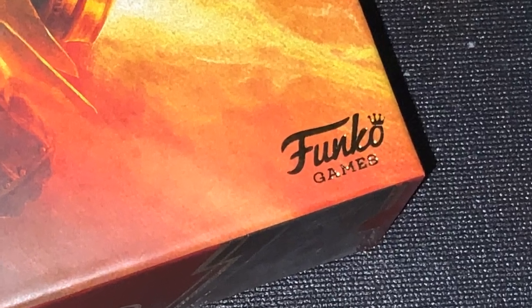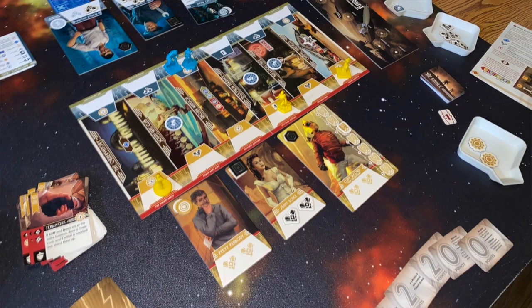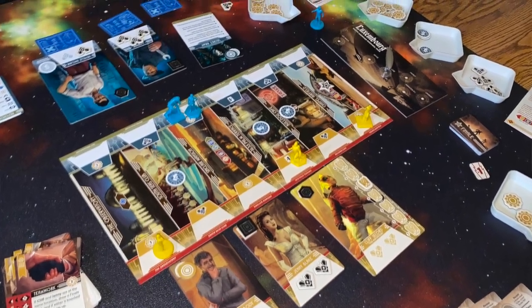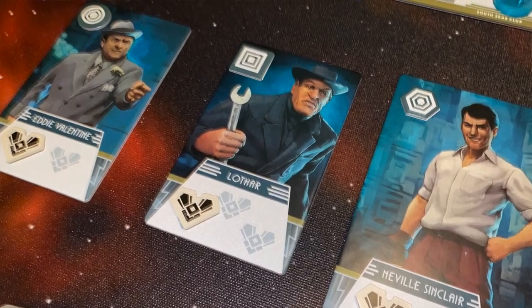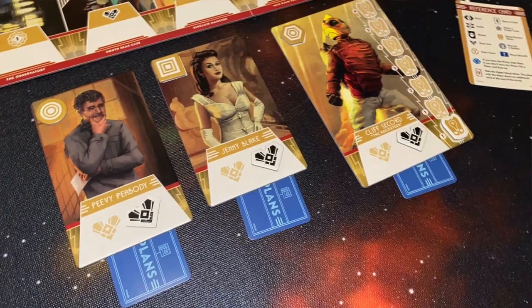In the Rocketeer, Fate of the Future from Funko Games, two players take on the roles of either the heroes or the villains as they fight for or against the forces of fascism in 1930s Los Angeles. Each player is going to take 3 character cards. The villains are going to take Sinclair, Lothar, and Valentine, while the heroes are going to take Peavy, Jenny, and